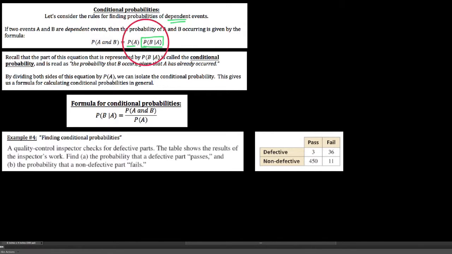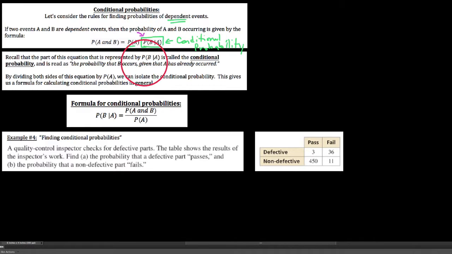And so the way we interpret this probability of B given A is that we read this as the probability that B occurs given that A has already occurred. We're going to refer to this part of the formula as the conditional probability, because it occurs upon prior conditions that have already happened. Or that is to say, it'll occur dependent upon the fact that A happened in the first place, since they're dependent probabilities. And so what I'm interested in doing in this video is solving for this part of